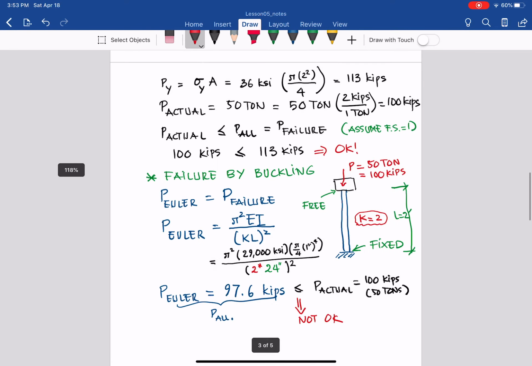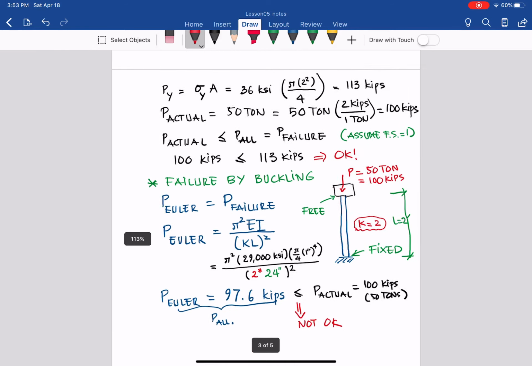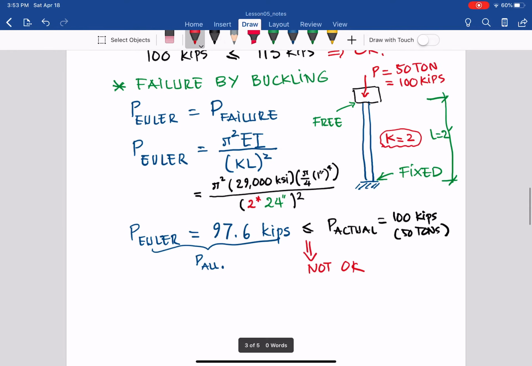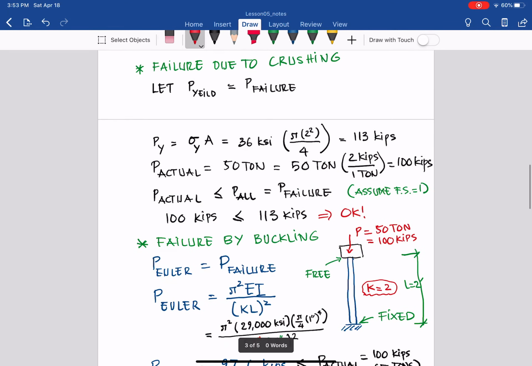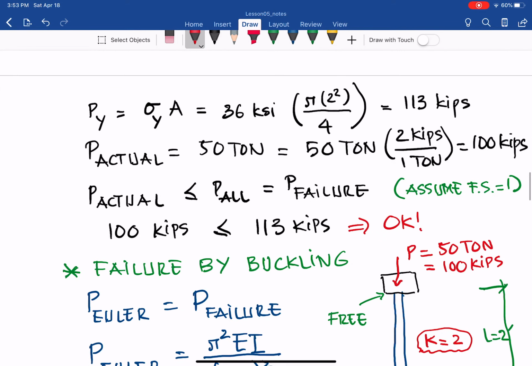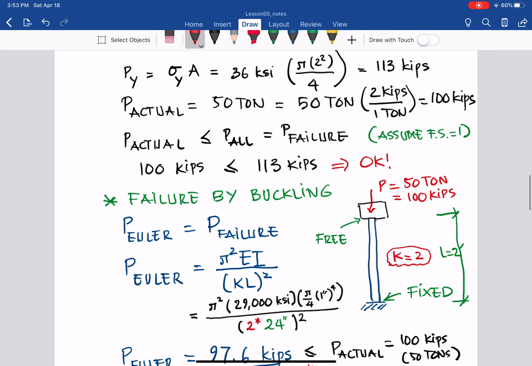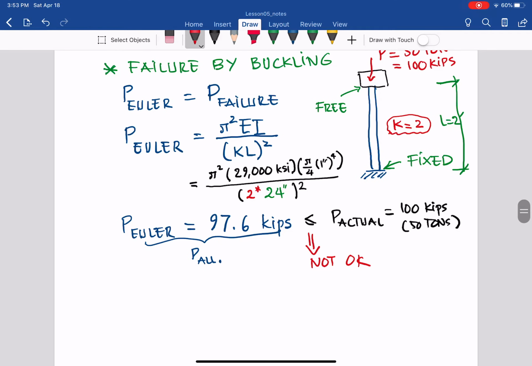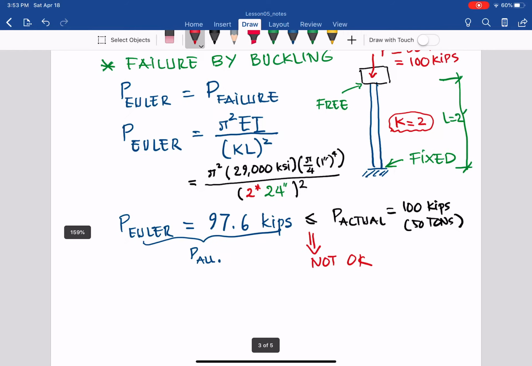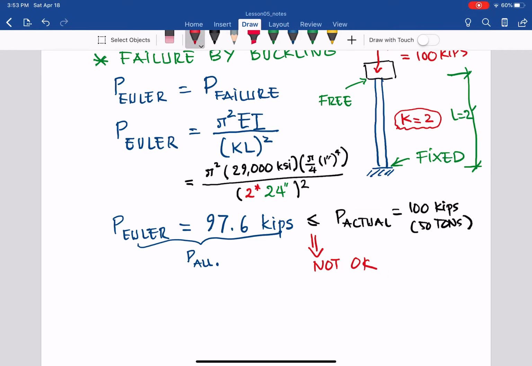So in this case of the bar, the failure is due to buckling. Not crushing in here, because the failure due to crushing is 113 kips, but here the failure due to buckling, the maximum, if it does not buckle, is 97.6 kips. The actual is 100 kips. So in that case, as you can see, you can say that the